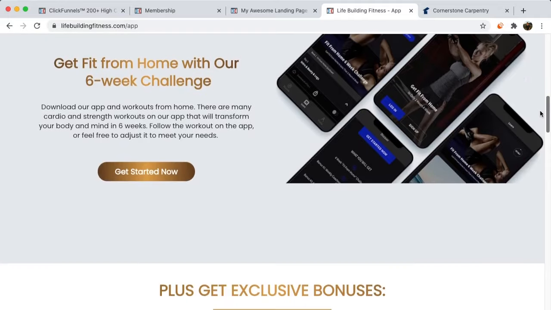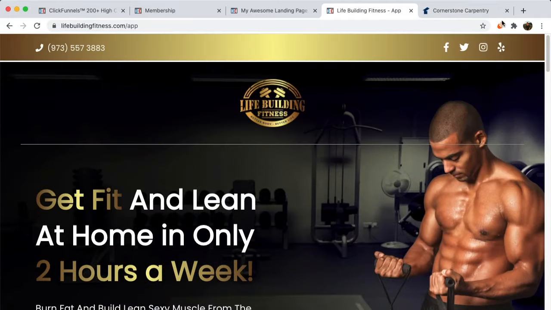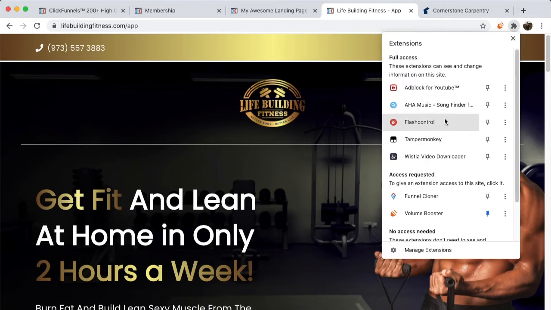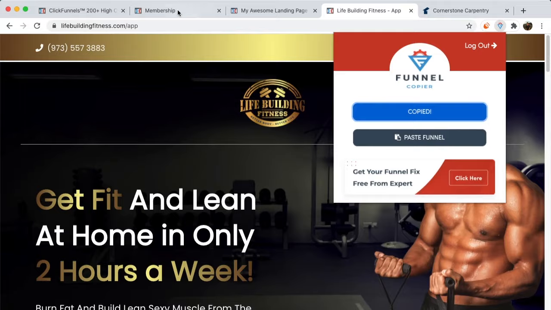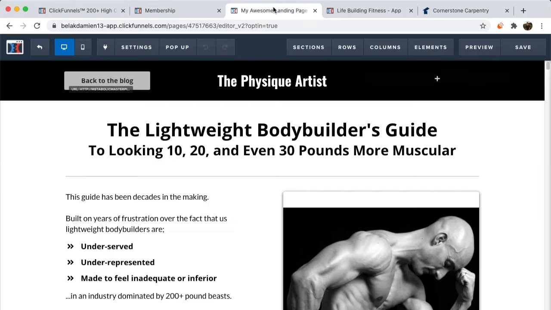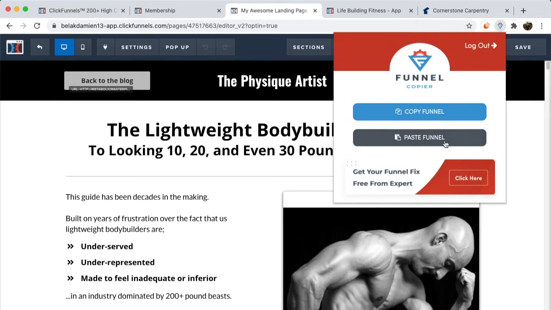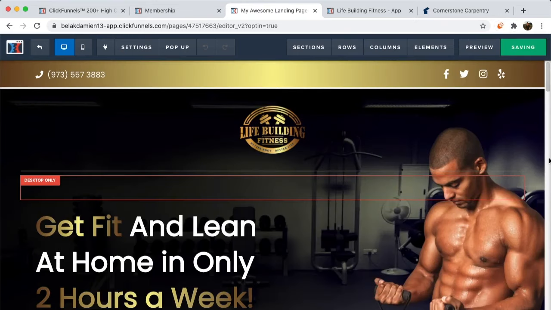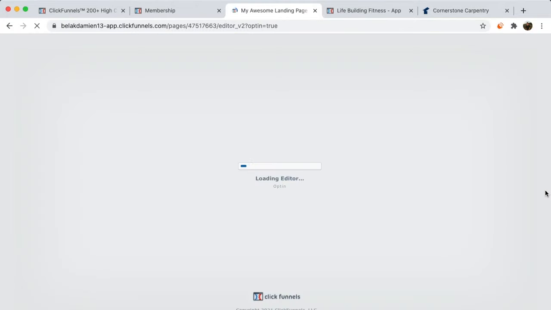This is a pretty good website. I like this one a lot. It looks professional, so let's see how it does. Funnel Cloner, copy funnel again. Let's paste it right in, and awesome again. Very simple,